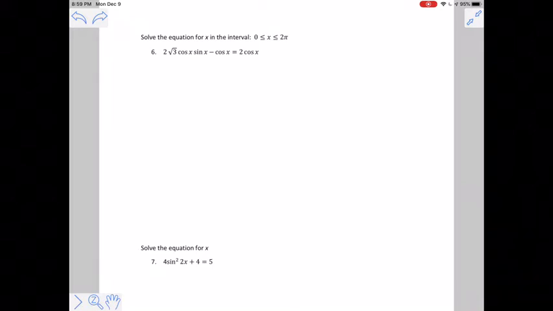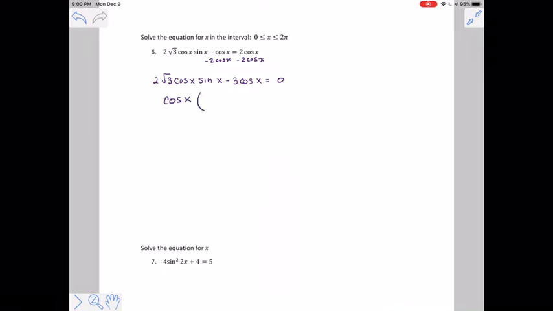All right, question 6 down. This is from that third major standard of trigonometry, which is solving trigonometric equations. So what I'm going to do here is get this equal to 0. So if I subtract 2 cosine, then if I consider both of those terms, each of them has a cosine x as a common factor. So you factor that out,